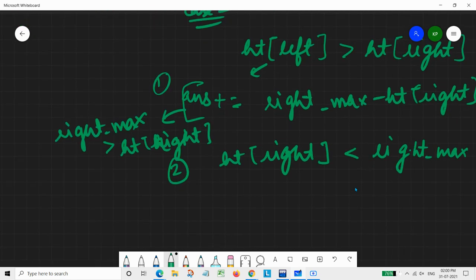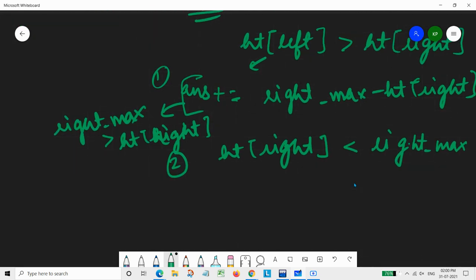Not smaller, smaller one was already covered. If it is basically greater than, not smaller than, then we need to update our right max. Then it will be simply equal to height of right.